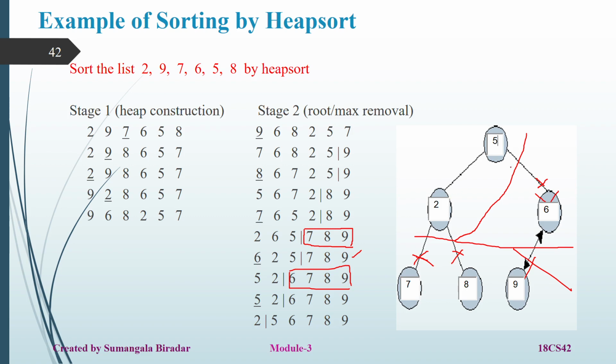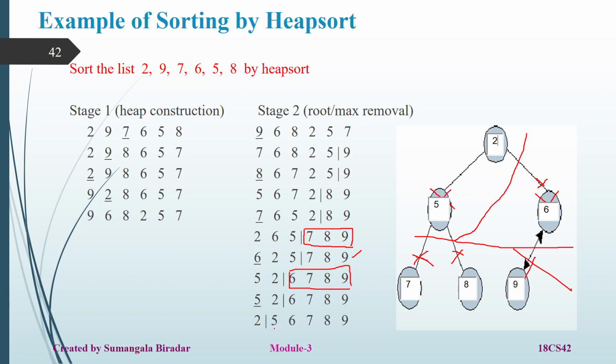Once you construct a heap tree, what is next? You have to delete this root node. 5 you have to delete. How will you delete this one? You interchange this with the last node. So now in the heap tree, which one is the last node? 2 is the last node here. So 5 comes here and 2 goes here. Okay, that is what is written here: 2, 5, 6, 7, 8. Now after interchanging, you remove this node also. If I remove it, only one element is left, that is the 2.